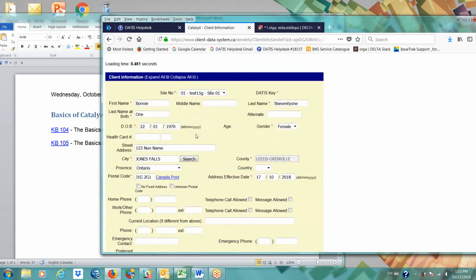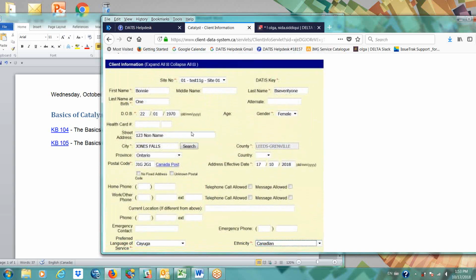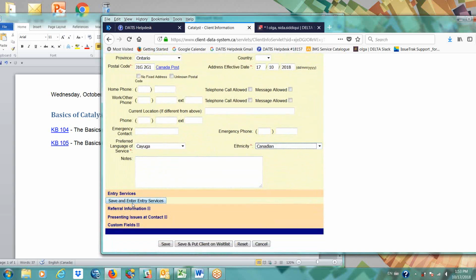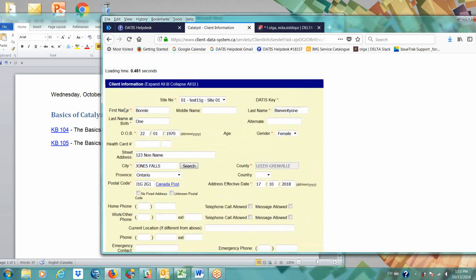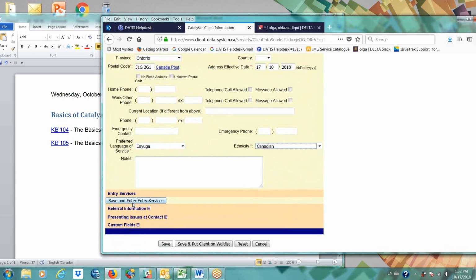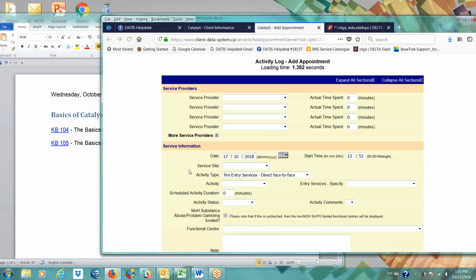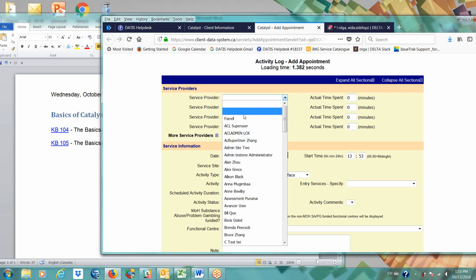So basically, I filled in all the required fields for this client. I can save. Right now I have some buttons at the bottom. I have save and put client on wait list. I have save. But I've spent some time with this client collecting this information, and we've moved it a little bit further into the client's treatment by taking some admission information services. So I'm going to basically